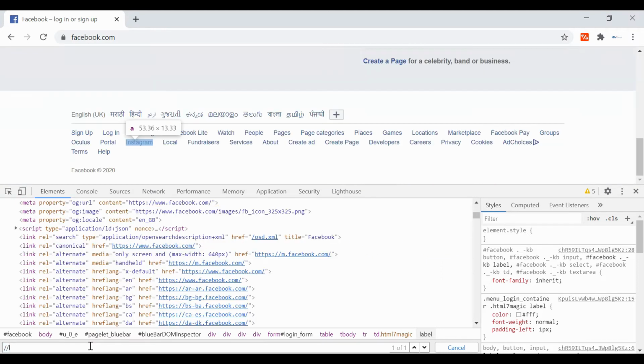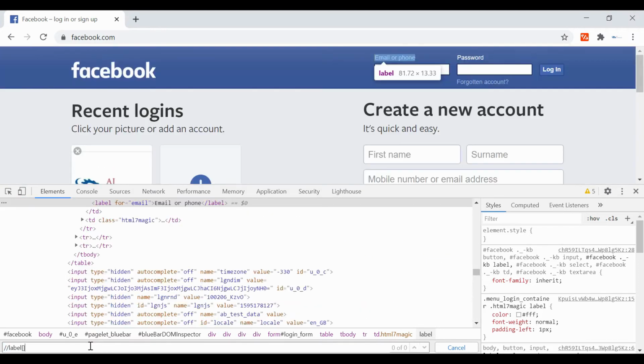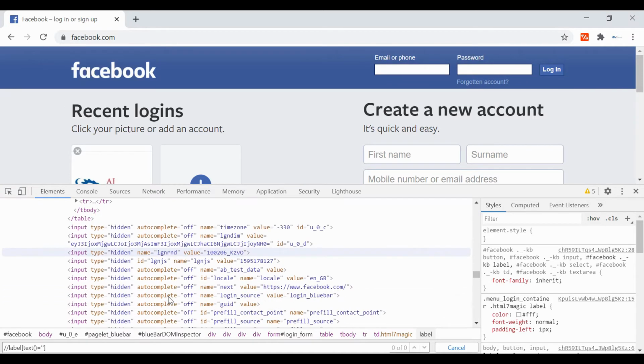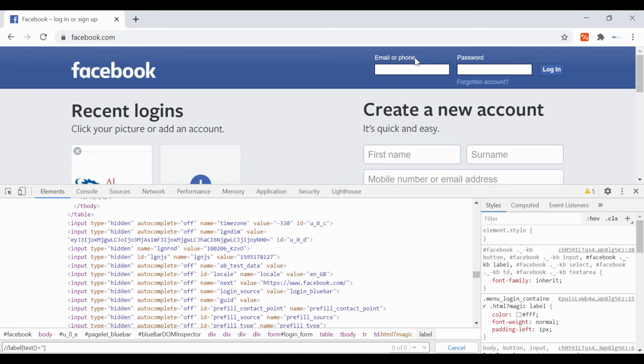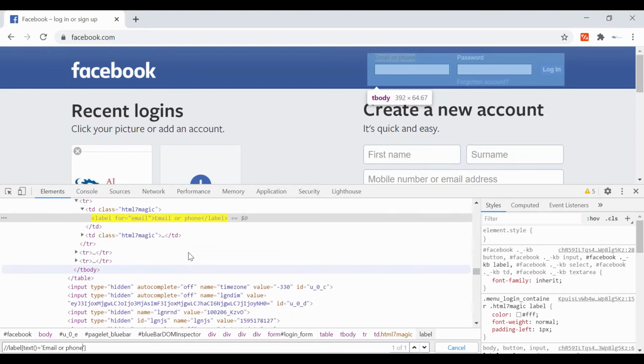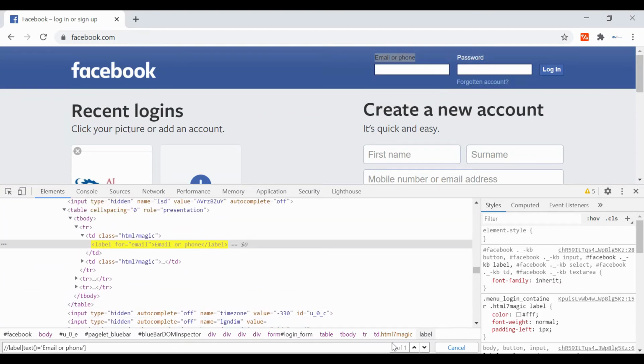So how can you do that? Let's say label, then text equal to, and in single quote you just have to paste this value. You can take it from here as well. As you can see here, it has identified it uniquely, 1 of 1.